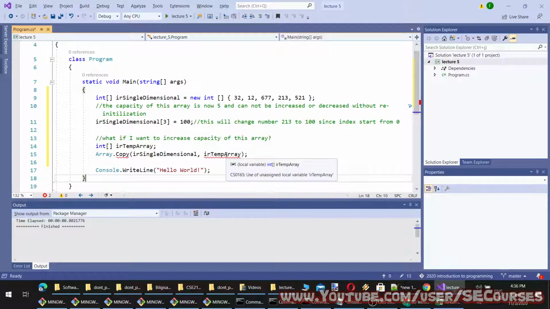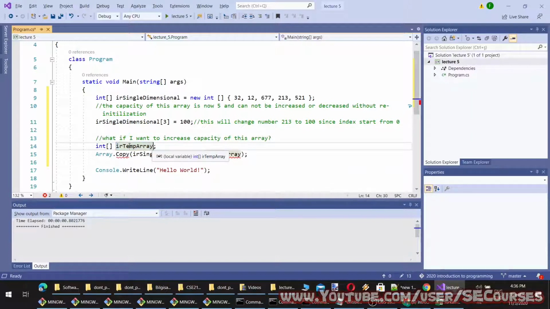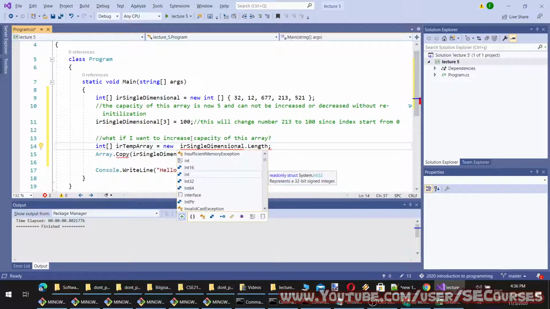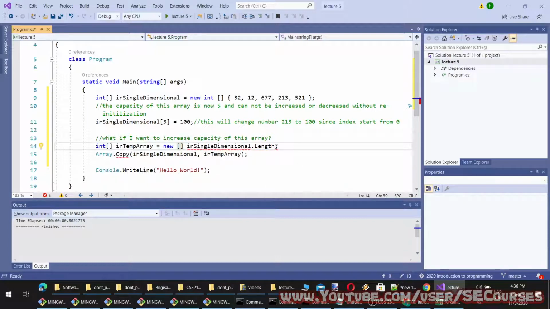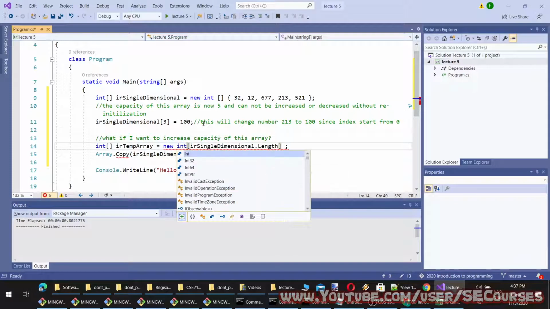First I'm making it like this, then like this. It will give an error, use of unassigned local variable. So first I have to initialize it. However, the size of this I need to determine, and for that I'm going to use length. Since this is a single dimensional array, I can use it like this.